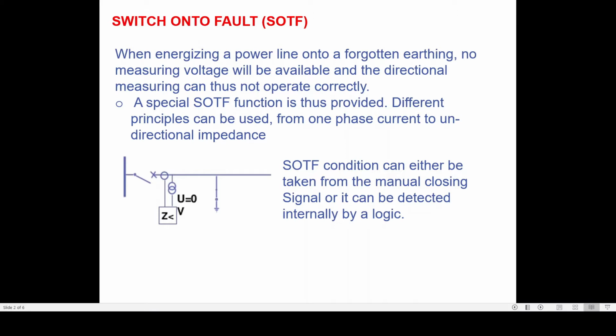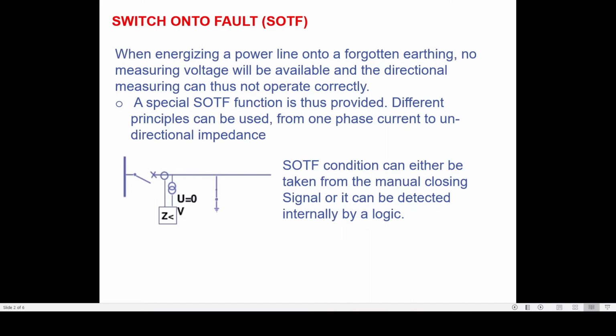Now, when you close a circuit breaker, there is a chance that due to this existing fault, the moment you close your circuit breaker, your current will shoot up but voltage will not develop. Now, when the current shoots up and voltage doesn't build up, your distance protection doesn't work correctly, because for distance protection to operate correctly, it requires both current and voltage magnitude. So in the case of switching on to fault, your distance protection will not work.